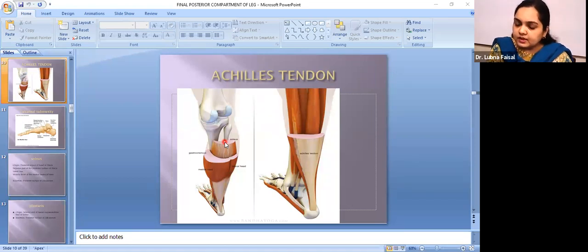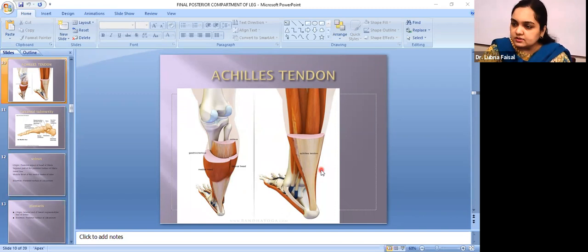The deep group of the posterior compartment is small and quite like the anterior compartment of the leg. It consists of two bones and the interosseous membrane, and the deep group is quite confined. So it lodges the important nerve and the vessel also, and compartment syndrome can occur at this area, the deep subcompartment of the posterior